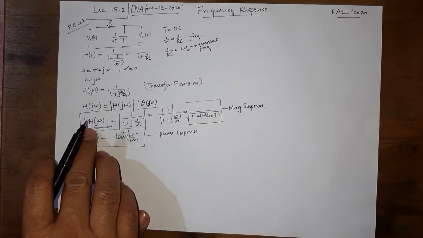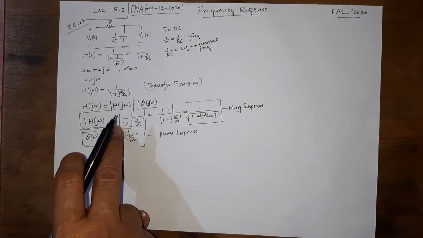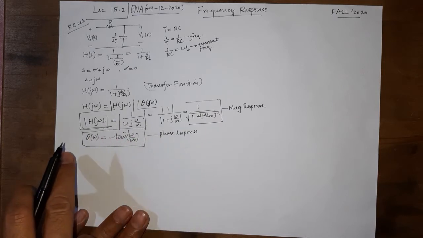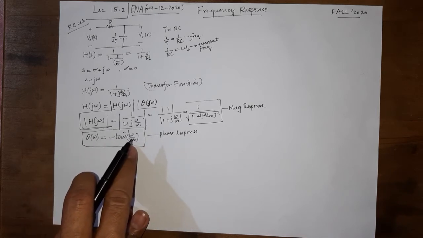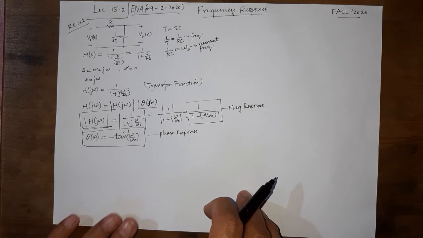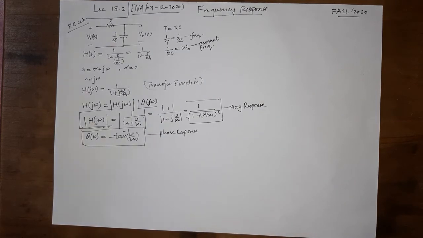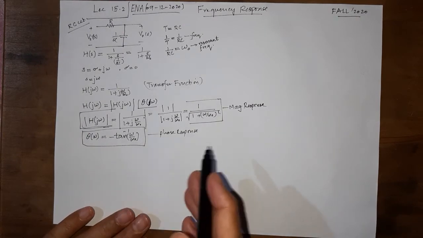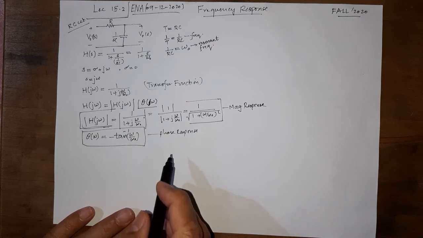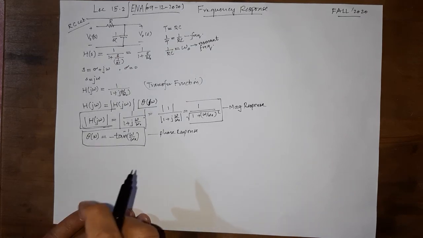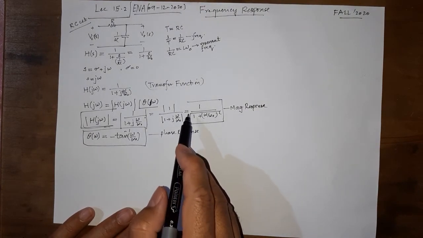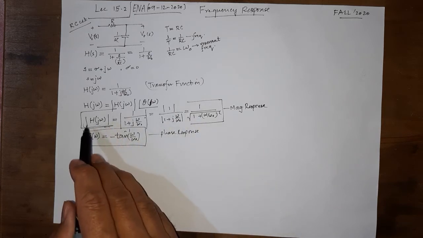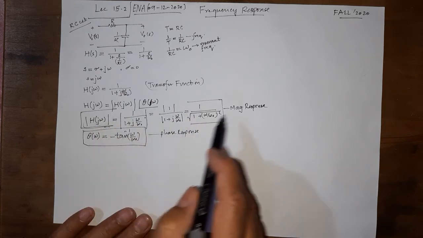The transfer function tells how the magnitude of the input is changed to become the output's magnitude, and the phase response tells how the phase of the output is going to change, or what would be the phase of the output in relation to the phase of the input. So this is what we would encounter for circuits. We would try to find the magnitude response |H(jω)| and the phase response θ(ω)